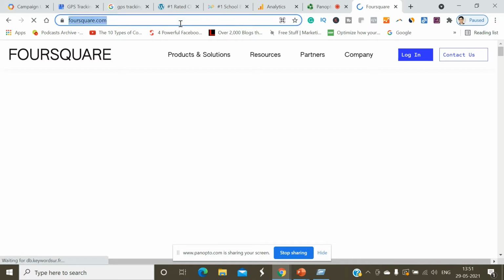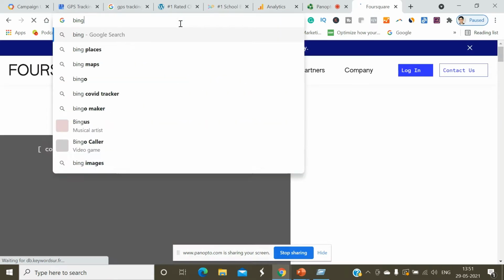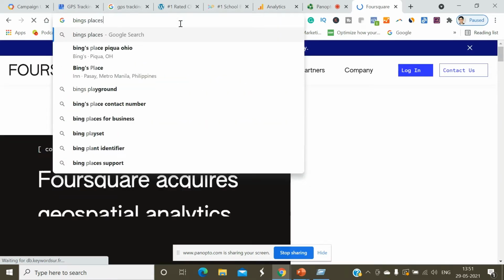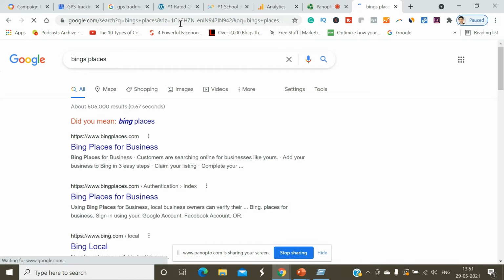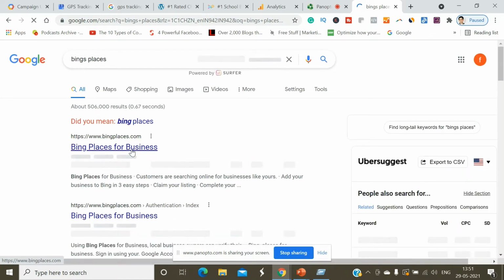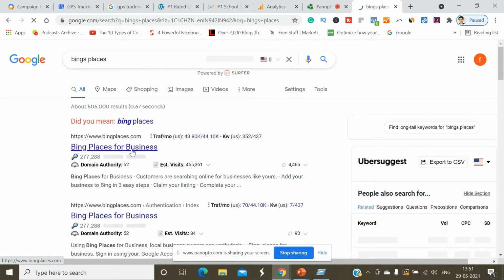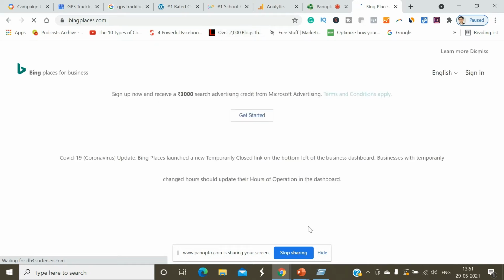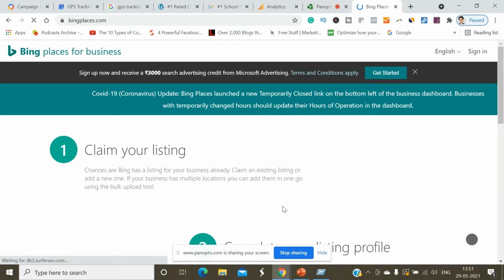Then Bing Places. This is Bing Places for Business. Make sure you list your business over here as well. So guys, this is very important.